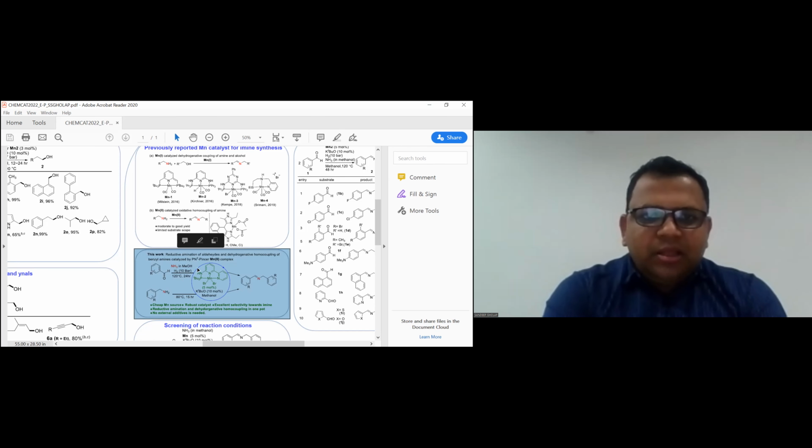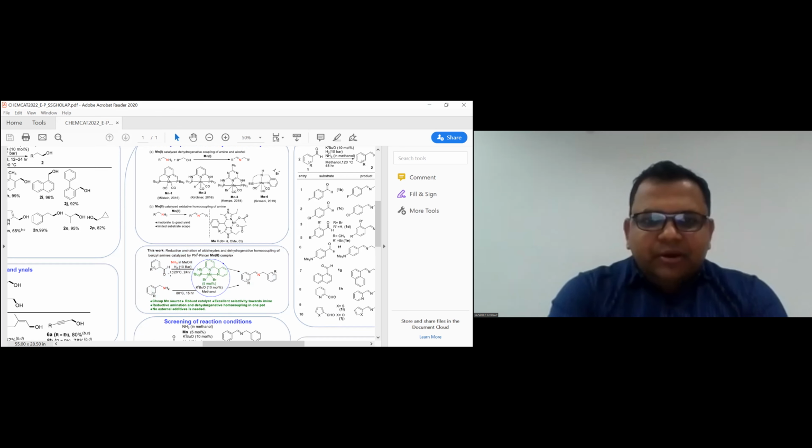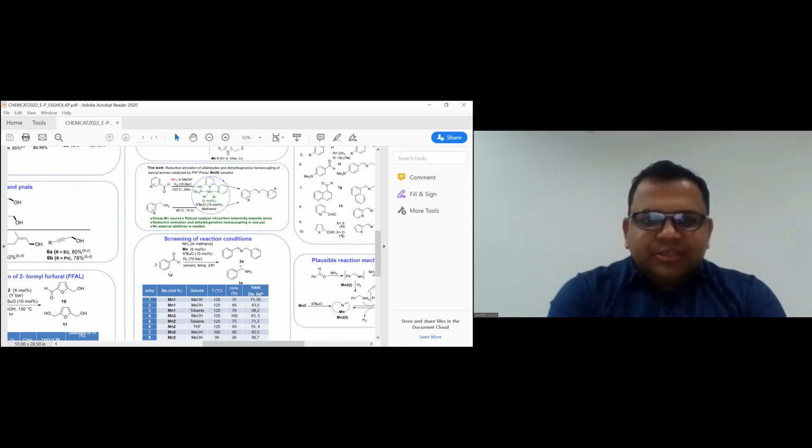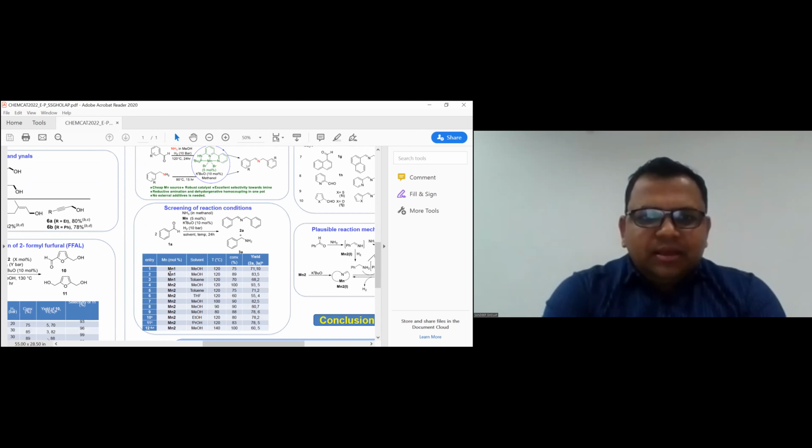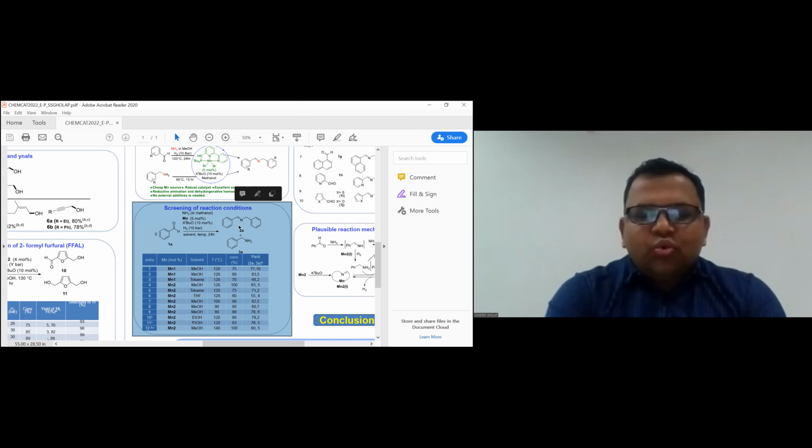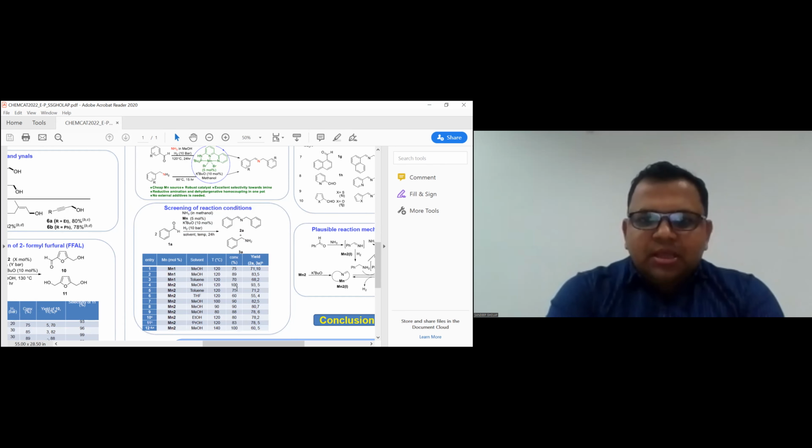Here we use ammonia as an amine source and hydrogen as the hydrogenation source to directly form imine instead of getting other reduction products of amines. So when we screened this catalyst using benzaldehyde, we found the screening conditions in the presence of methanol at 120 degrees Celsius, under which we often observe that the yield of this imine is quite high. A trace amount of imine was also observed under these conditions, which directly undergoes the homocoupling of this amine to imine products.